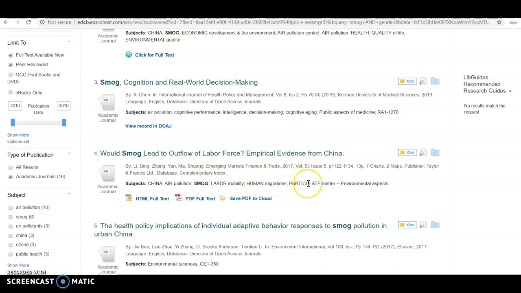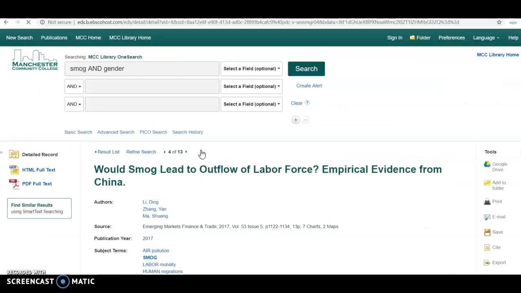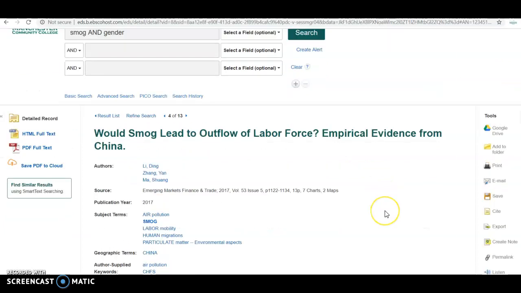Now, when we're working on our search, maybe we're not finding exactly what we're looking for. There might be some other terms here, like maybe particulate or air pollution, that we could go in and add to our search to maybe expand it to find some other items. But let's go ahead and click on this article title, and that'll take us to the record page for the